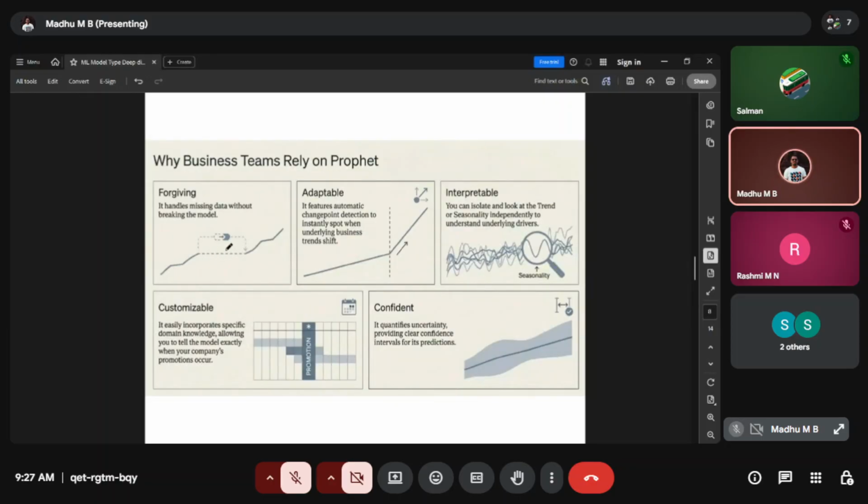So why is this so famous? Why are business teams relying on Prophet? It handles missing data without breaking the model, as I was mentioning earlier. Because of various reasons, such as network issues, errors, or corrupted files, the data may not contain the relevant data sometimes, and it might be inconsistent, or some data might be missing in the data sheet.